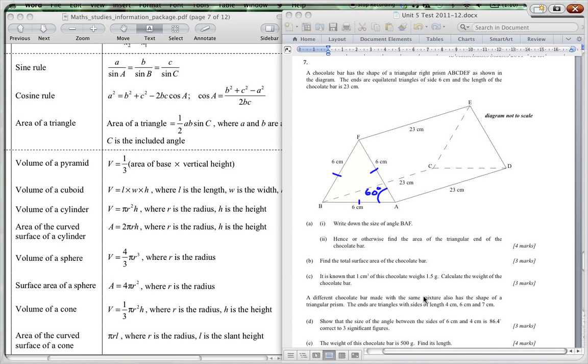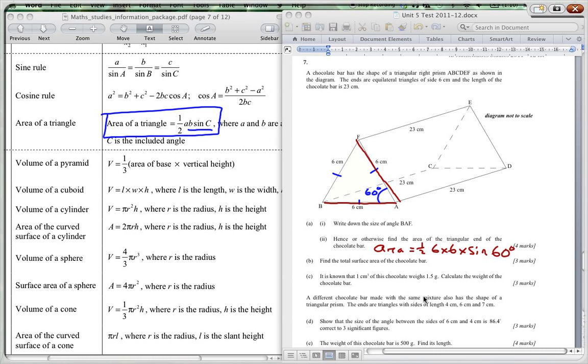So hence or otherwise, find the area of the triangular end of the chocolate bar. Now in doing that, we will use this formula over here, that the area of a triangle is equal to a half ab sine of C. So in this case, it's your two sides and the included angle. So the area will equal 1/2 times 6 times 6 times the sine of 60